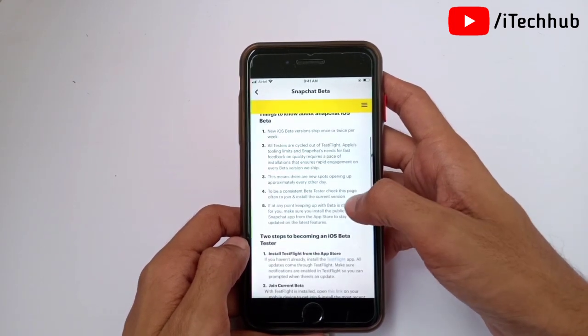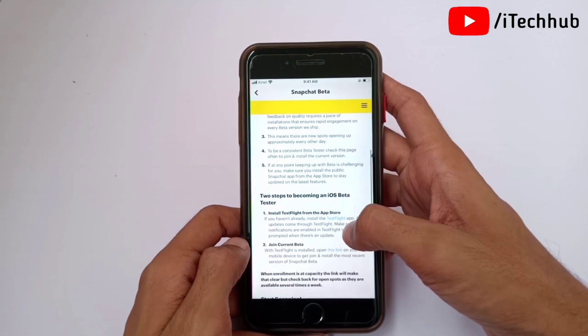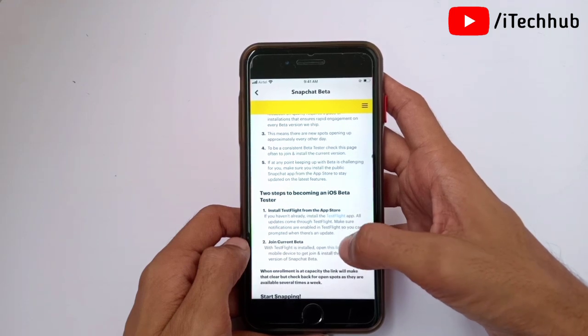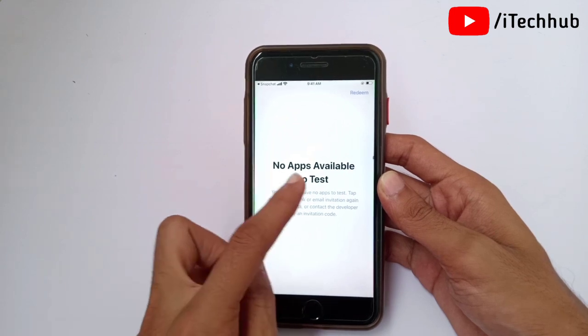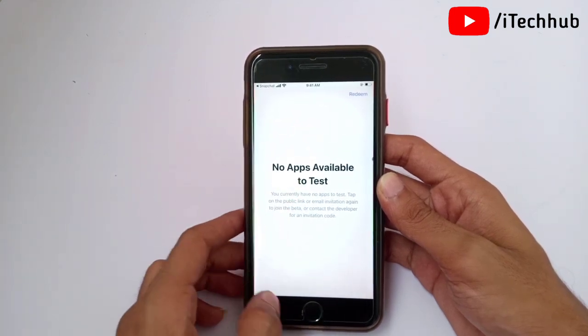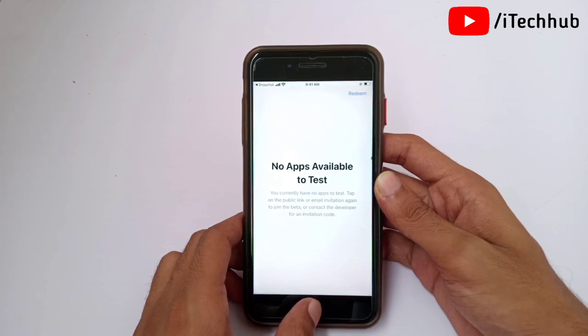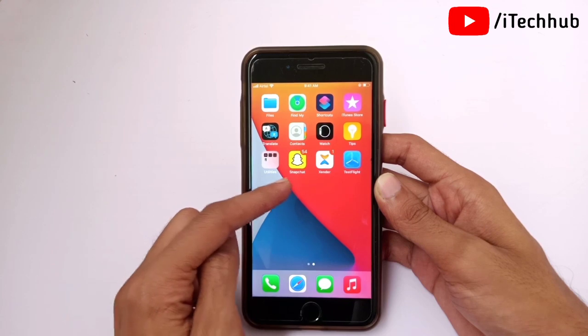Now scroll down. After that you can see the Join Snapchat Beta option available. So guys, simply tap on that, and download and install the TestFlight application on iPhone. So guys, download and install that application. After that, open it again if any beta version is available. So guys, simply tap on that, and it will automatically download and install the beta version on your Snapchat account. So guys, you can easily fix the crashing issue on your iPhone and iPad.